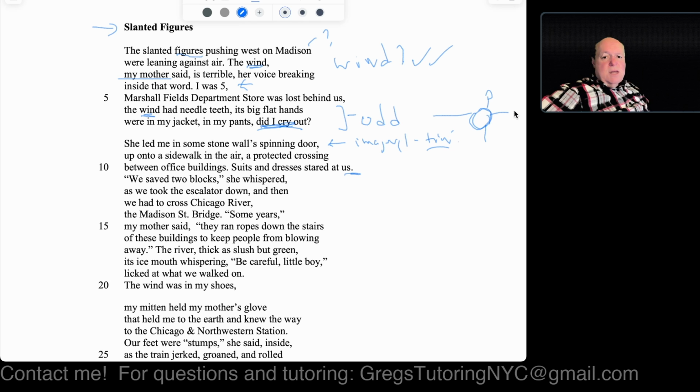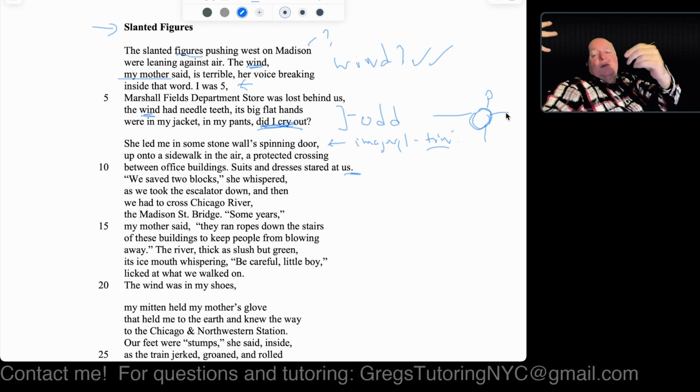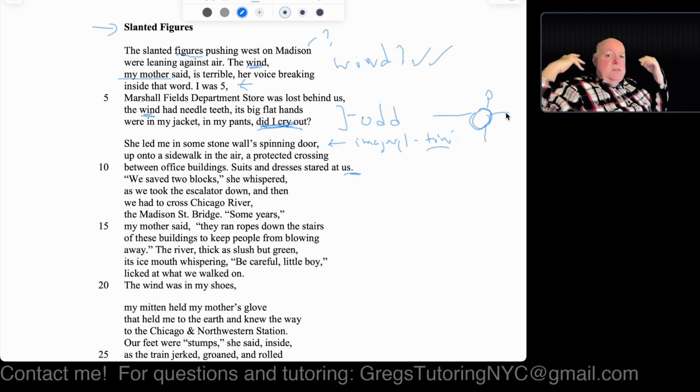So that turns out, it's not the kid imagining. And then what's the stone wall? What do you mean a stone wall spinning door? Remember, this is a little kid who doesn't particularly have the words. Obviously, they're writing this as an adult. But if we get into the mental space of thinking like a 5-year-old, what could the stone wall be? It turns out it's an office building. They even tell us here eventually. In fact, the author gives us a few answers here.